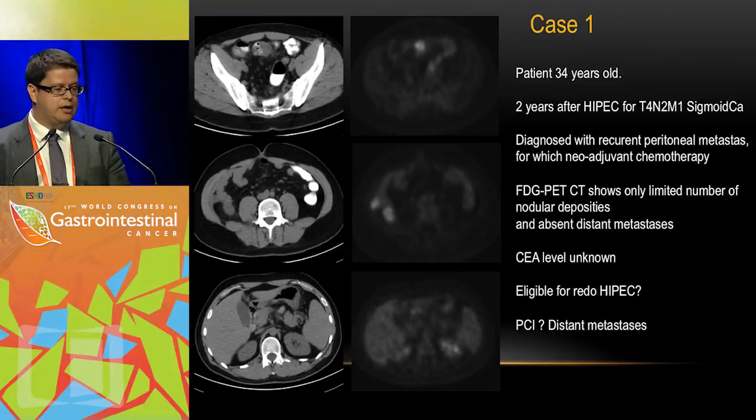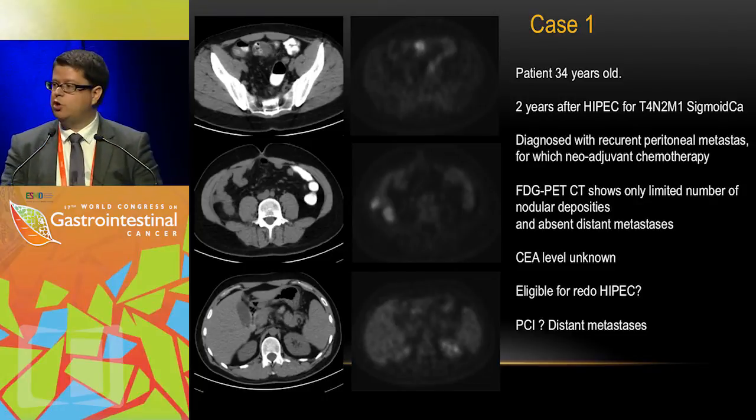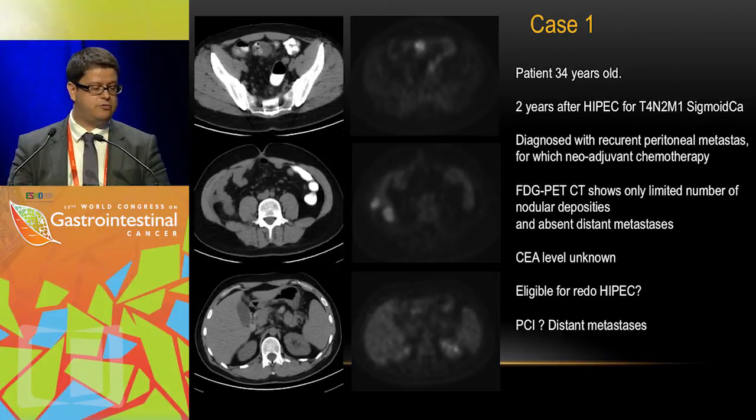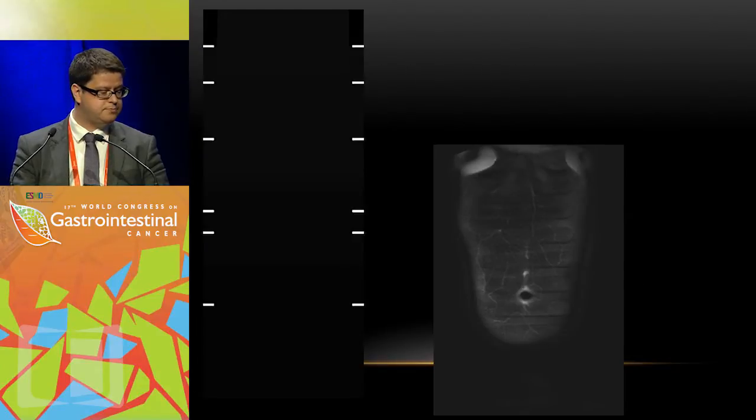So how does this go in clinical practice? Well, this is often a young patient. This is a patient of 34 years old, 2 years after a HIPEC procedure. He is diagnosed with recurrent peritoneal metastasis. This is the FDG PET image that shows a few localized new implantations, and he is sent to the MRI with the question of whether he is eligible for a HIPEC procedure. So when we look at the image,